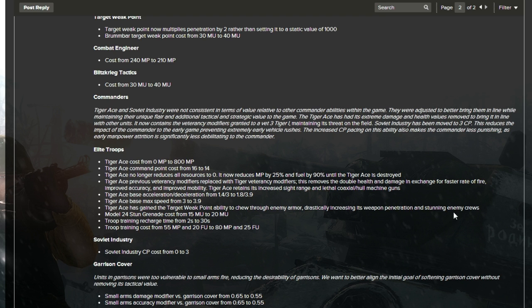So yeah, it's nice. Anyways, the Model 24 stun grenade cost goes from 15 to 20 munitions. It's what I was saying before. It comes out earlier, but it does cost you a little bit more. It's only 5 munitions more, but it is a little bit of a nerf to it. Now, troop